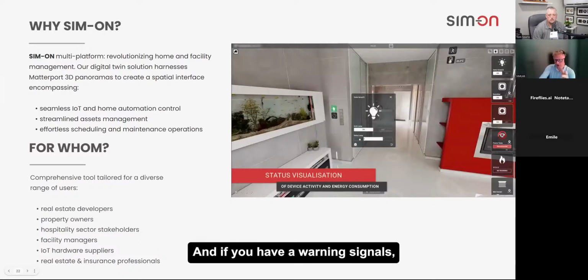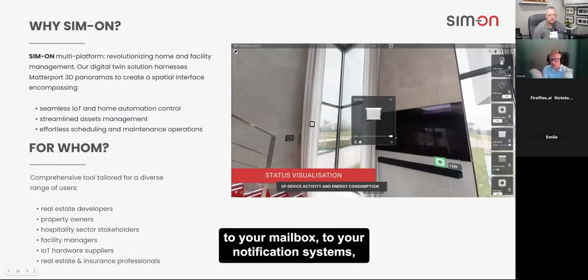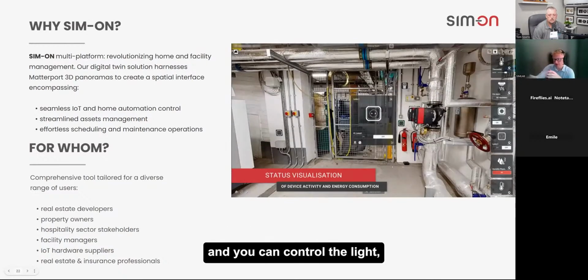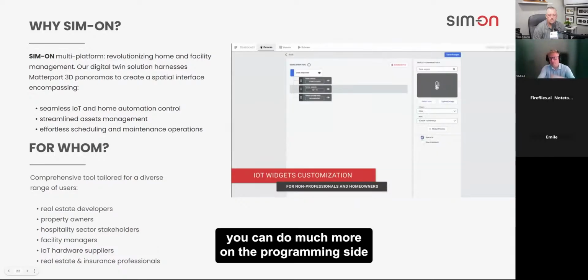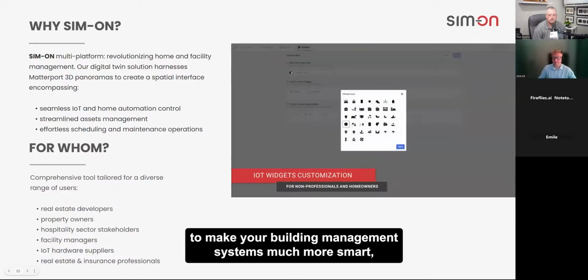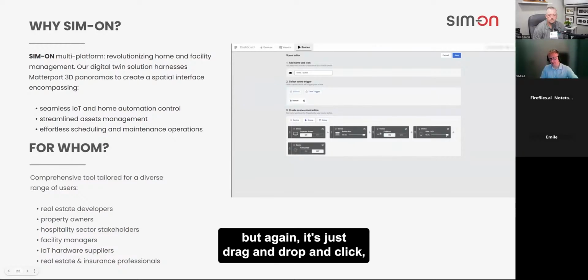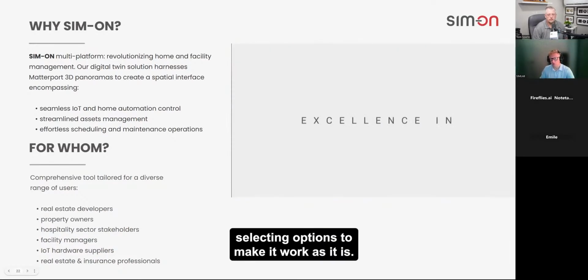If you have warning signals, the alarms are also sent to your account, to your mailbox, to your notification systems, and you can control the light by clicking the light in the Matterport model. Of course, we have a dashboard. You can do much more on the programming side to make your building management systems much smarter. But again, it's just drag and drop and click, selecting options to make it work as it is.